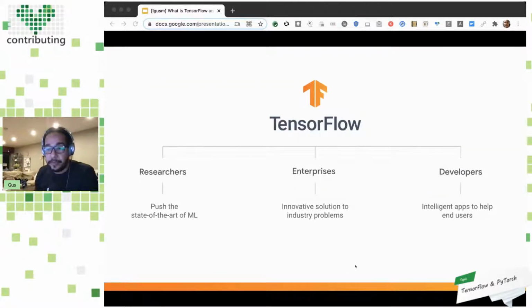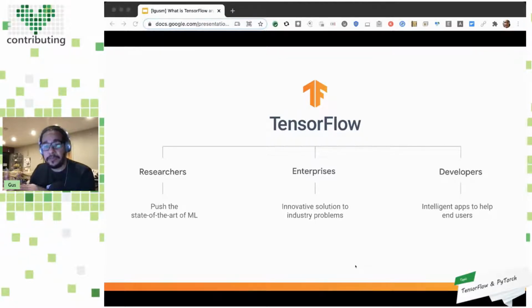And who are the people we pay a lot of attention to? First of all, researchers. And here I mean researchers in terms of those people that are pushing the boundaries of machine learning itself, right? So computer scientists and people that are studying machine learning, trying to create new models, new architectures, solving new kinds of problems. For these people, we of course aim to have an amazing tool. We of course pay attention to enterprise, which are the big companies that want to use machine learning to, for example, detect outliers, detect fraud, or do sentiment analysis with their clients, the users of their apps, and there are others.